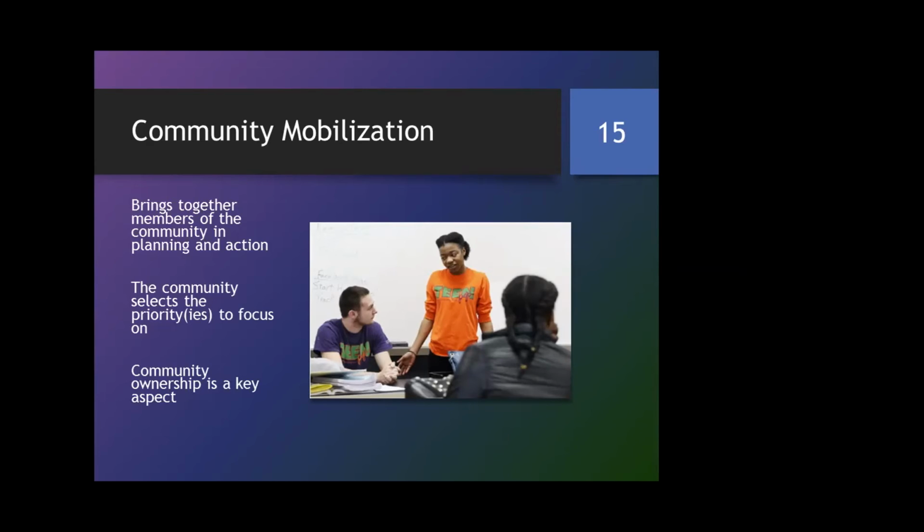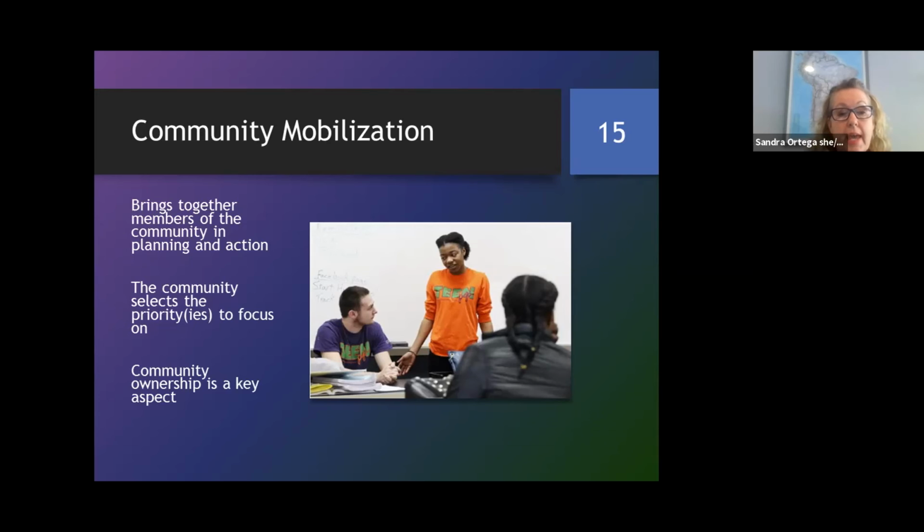Community ownership is a key component of community mobilization. The community controls the process and has the power to make decisions in driving the efforts. The agency or organization funding the effort should facilitate the process, but not direct it. So if you can answer, yes, we are doing this to the 3 points on the slide, then your PPP